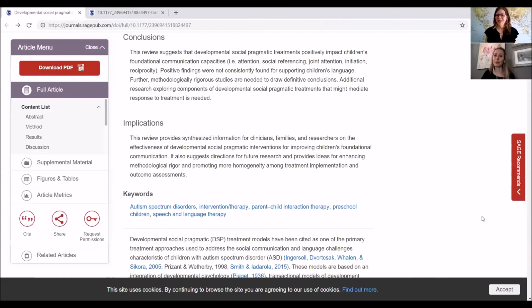Right. So it sounds like your goals are very much aligned with the philosophy of the social pragmatic model of intervention. And that's what I'm getting at. So